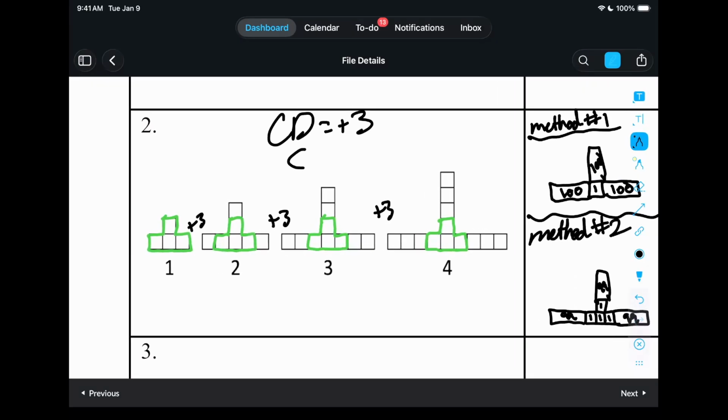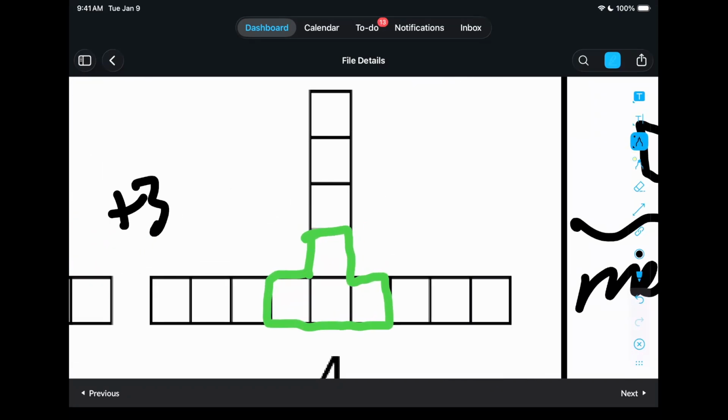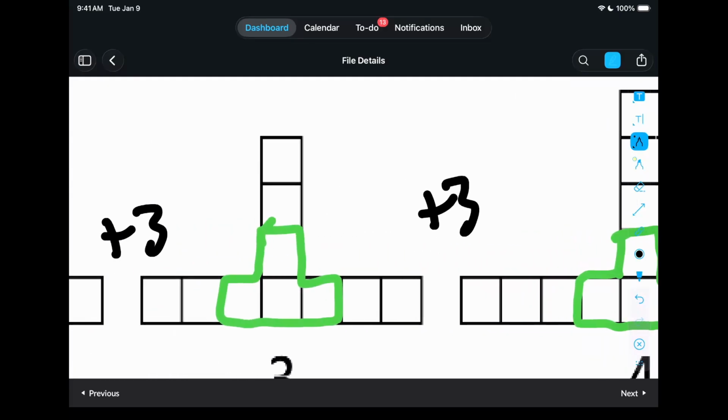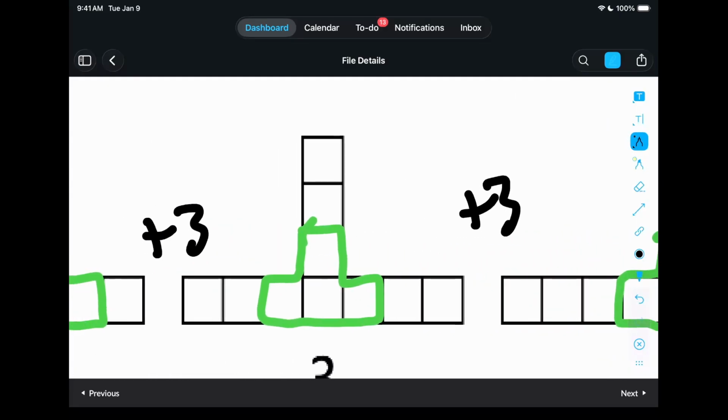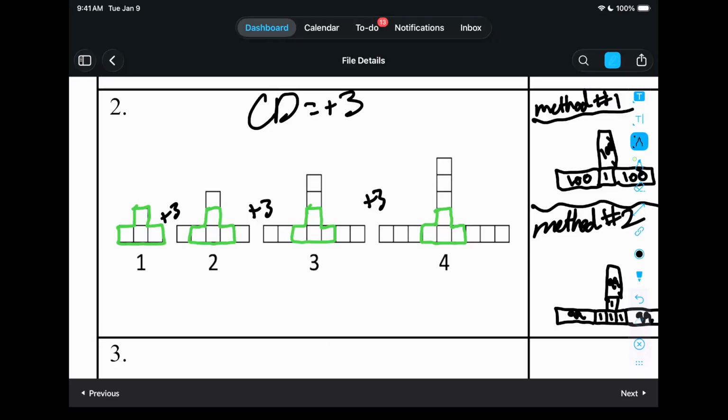Now, you could just put 3, like you could put common difference equals 3. I just like to put the positive 3 as a little reminder that it is increasing. Because say if this was figure 1 and this was figure 2, that's not usually going to happen, at least with the visual patterns. But definitely remember, like with the sequences,